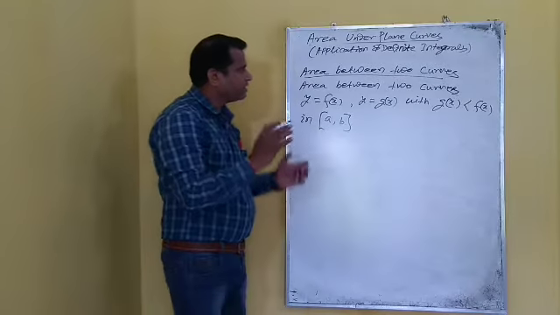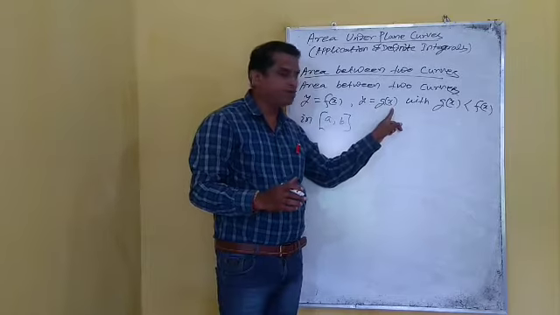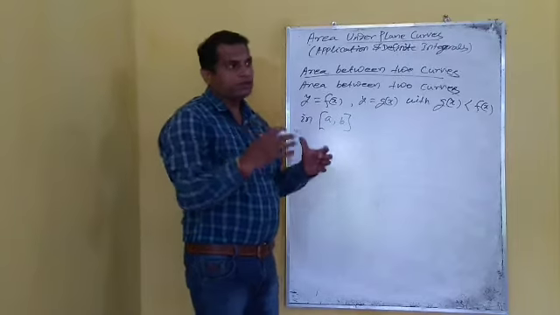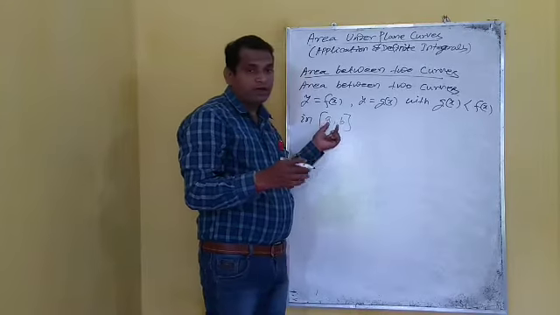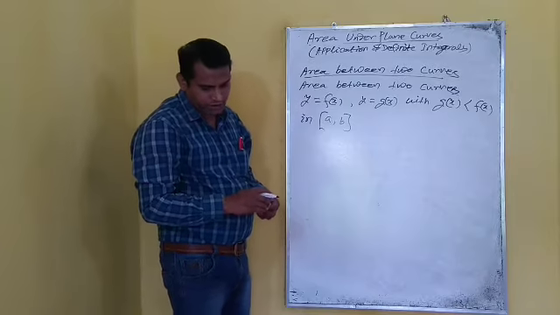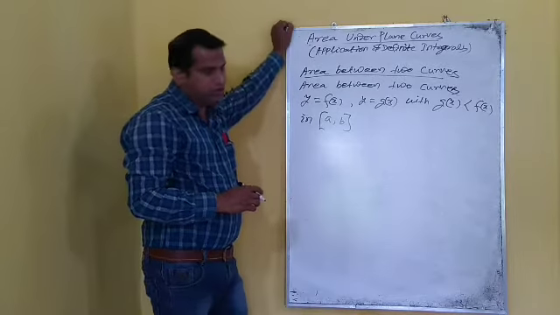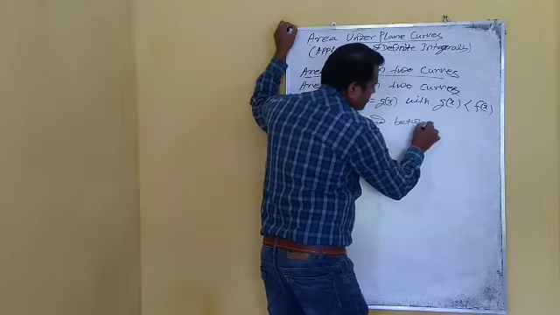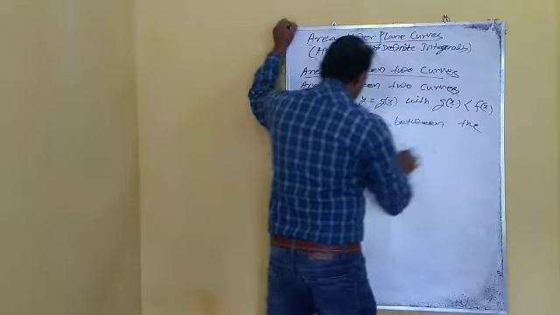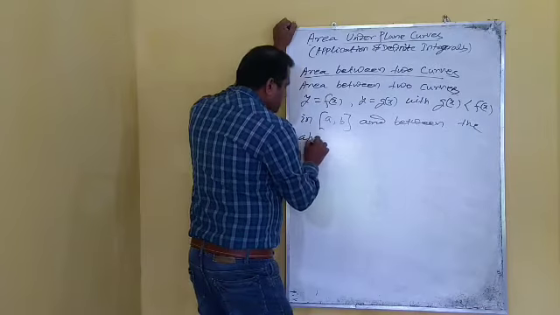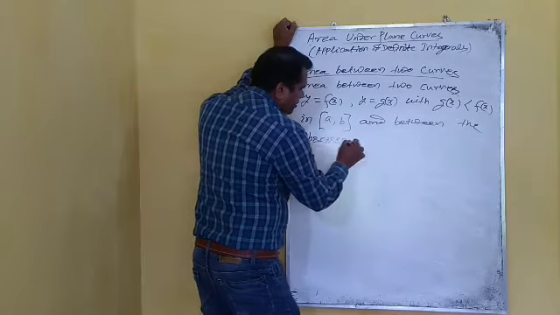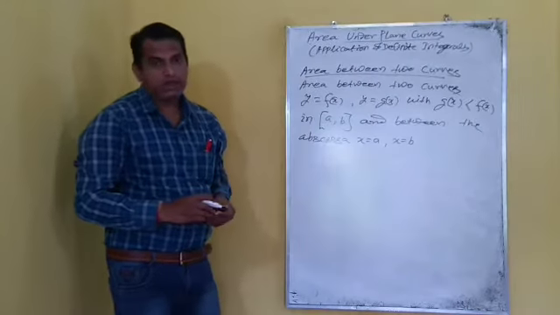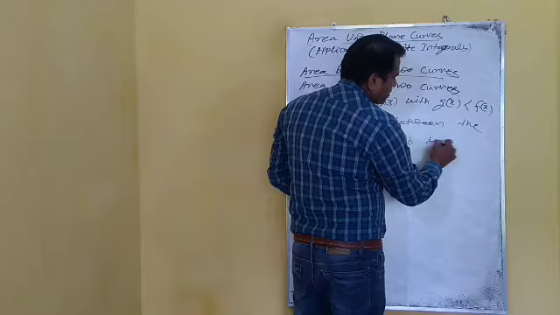We have to find the area between the two curves f of x and g of x, where g of x is less than f of x in the closed interval AB, and between the abscissae along the x-axis, x is equal to A, x is equal to B, is given by,